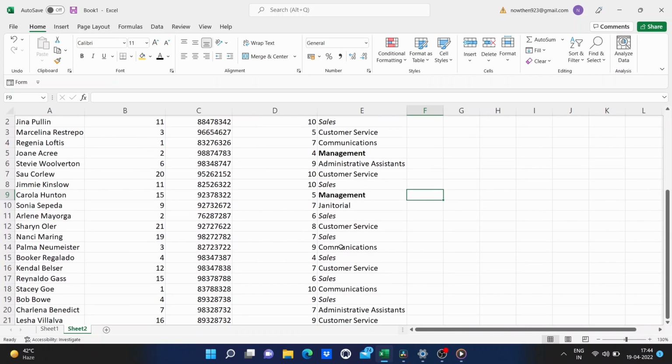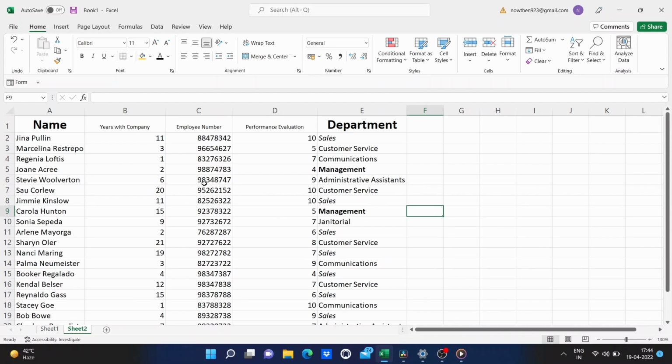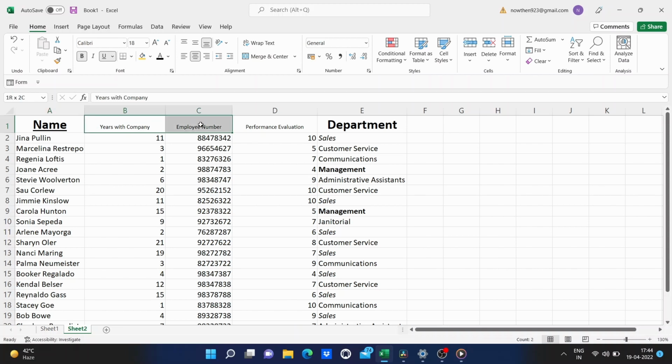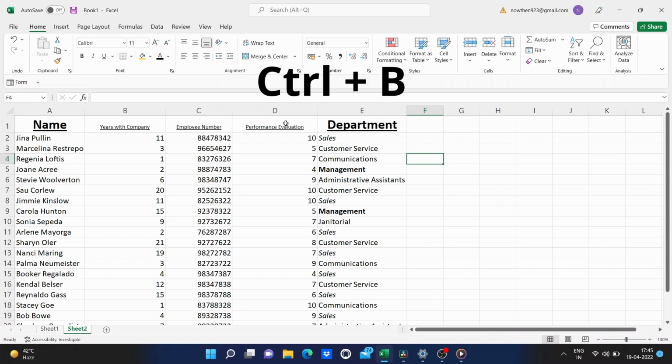What about underline? Maybe I want the word Name to be underlined. I'll hold Control and tap U on the keyboard. Now it's underlined. I could click and drag to select each of these column headings, and Control U to underline each one all at once. So, Control B, Control I, and Control U. Those are all similar keyboard shortcuts, and they produce bolded text, italicized text, and underlined text respectively.